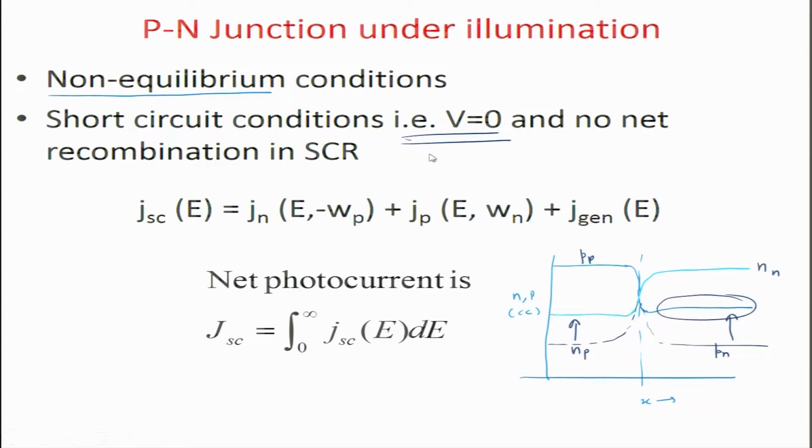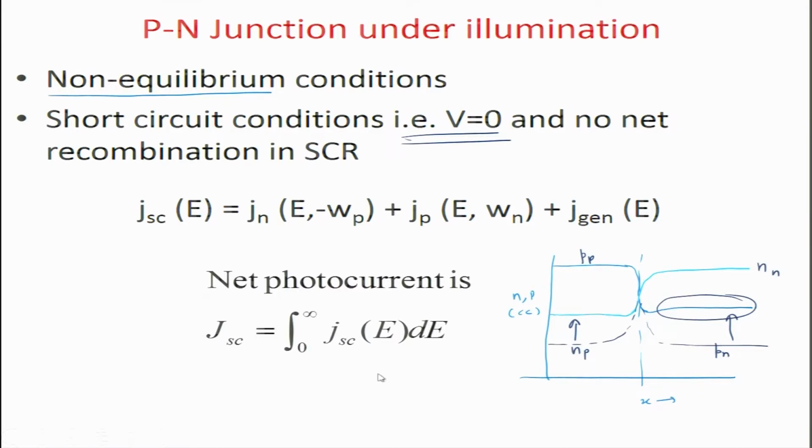where we said that you have a semiconductor device with 0 voltage applied, and there is no net recombination in the space charge region. However, you have a lot of generation. So, as a result, you have a large generation current within the space charge region at 0 bias. The total current is now equal to the electron current at minus Wp plus the hole current at plus Wn plus the generation current. You will have some recombination also, but the generation current dominates over anything else. You will always have radiative recombination in the device, but since you do not have any applied bias, there is no space charge limited current here, SCR current.